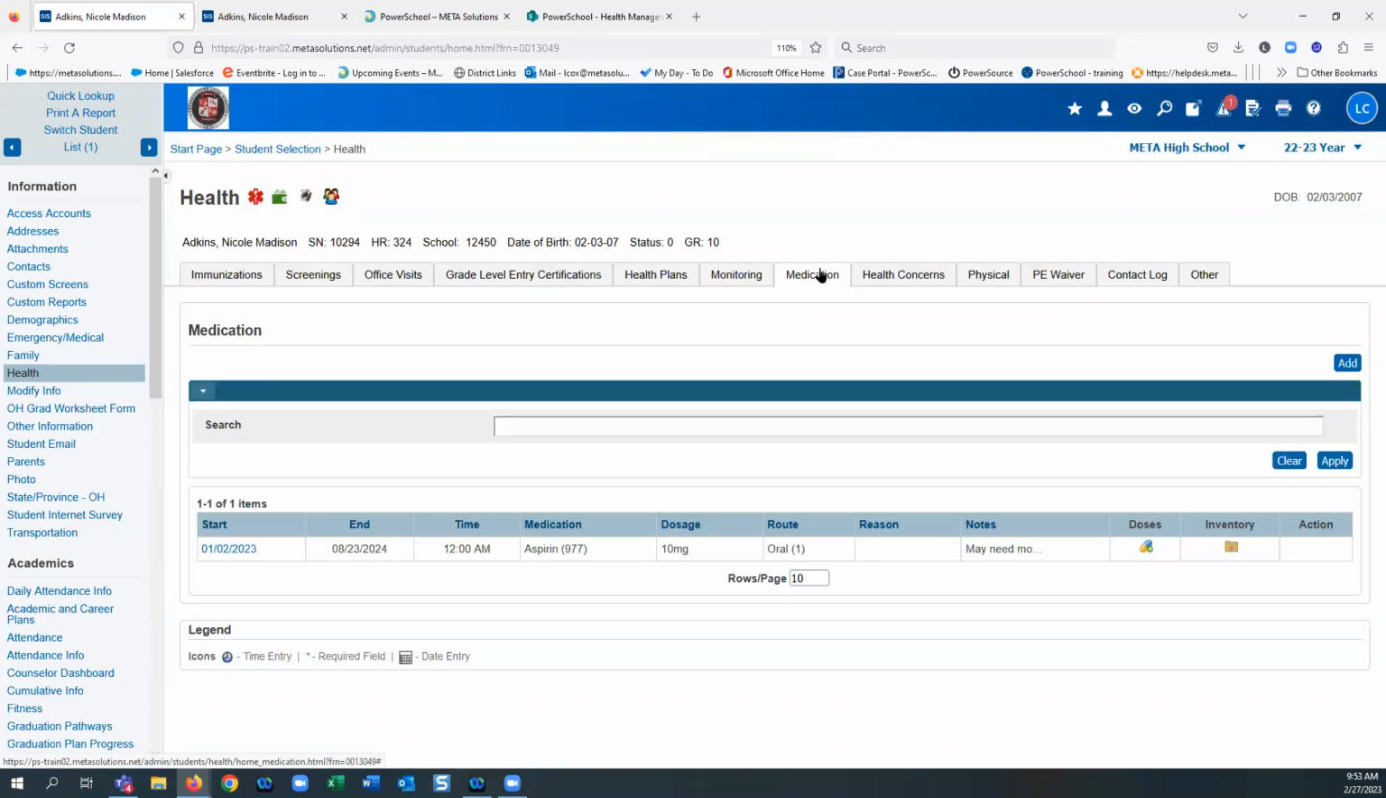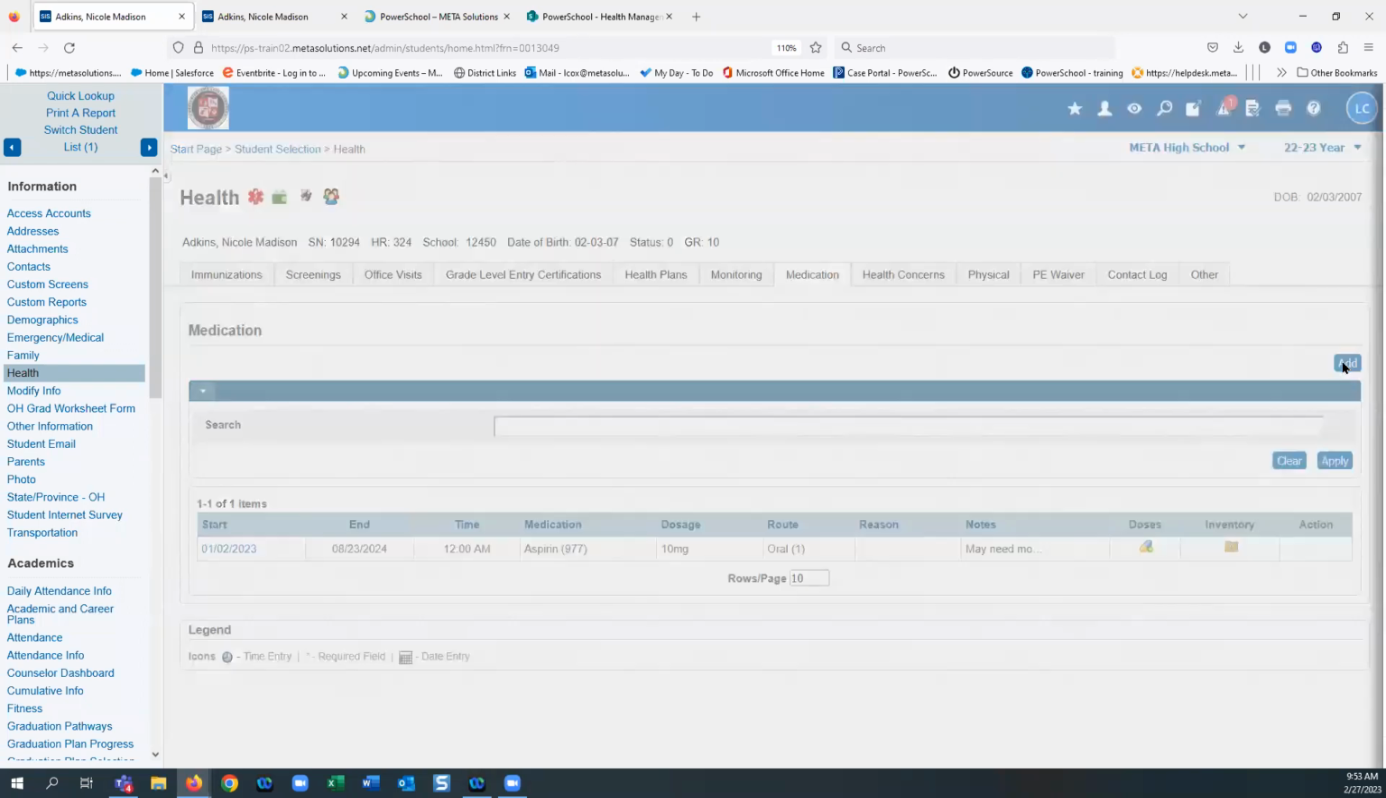What we need to do here is this will give you a list of medications that she is taking that has been brought in for her, similar to monitoring, but it's tracking the medication that she's taking. You can see here, I do have one that I have already set up. But if you click add up here at the top,